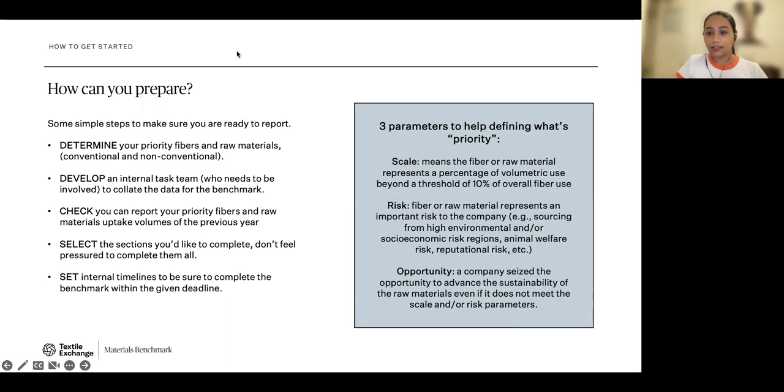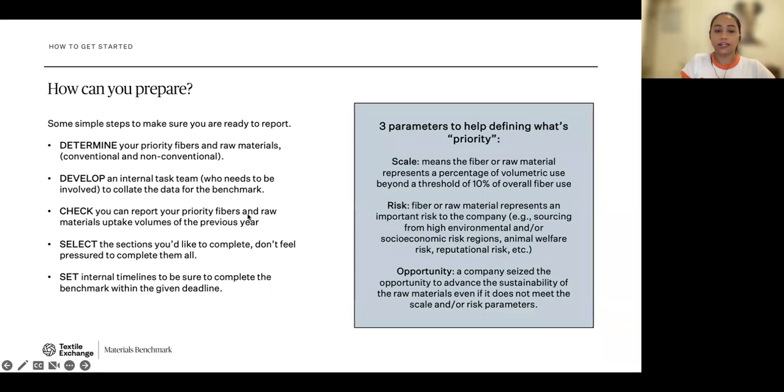For this reason, and the fact that one size does not fit all, we have built the survey to be flexible. You can begin with one fiber, one module in the first year and see how it goes, how the benchmark exercise helped you along the way, and then increase your number of modules or fibers every year as you experience it. And we are obviously here to help you through that journey, as Chiara took you through the onboarding resources and the support that's available.